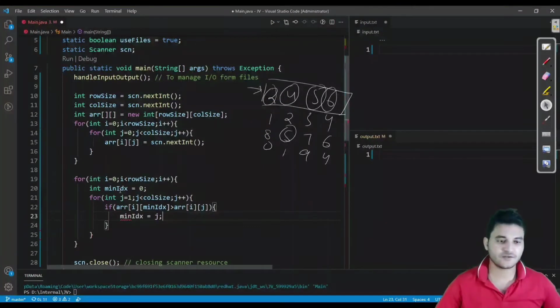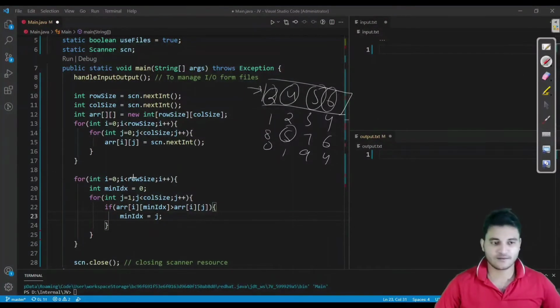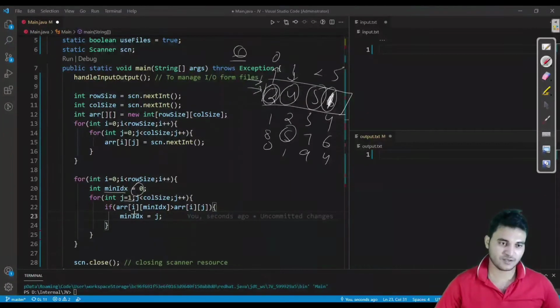Look at this carefully what we are doing here. We have set min index as 0. The positions are 0, 1, 2, 3. Let us say we have 1 here. So we'll start from here, j is equal to 1. Of course, the value of i is 0 in each iteration. So a of 0, min index, which is 0, is 2.